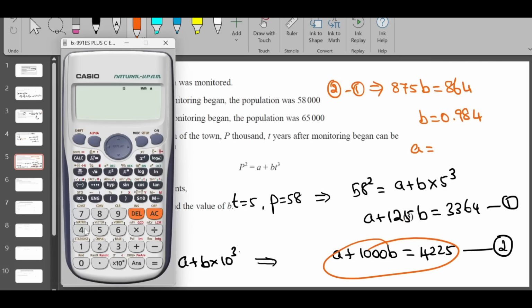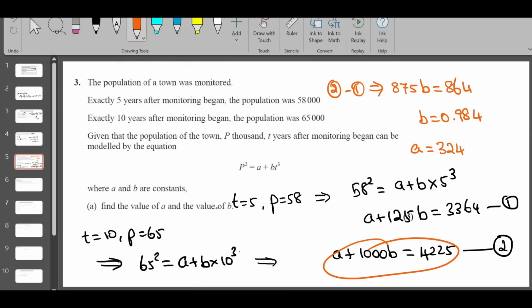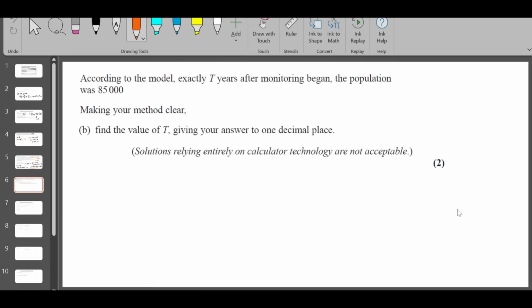So it's going to be 4225 minus 1000 times 0.984, which is 3241. That's the answer for A. Part B of the question says, according to the model, exactly T years after monitoring began, the population